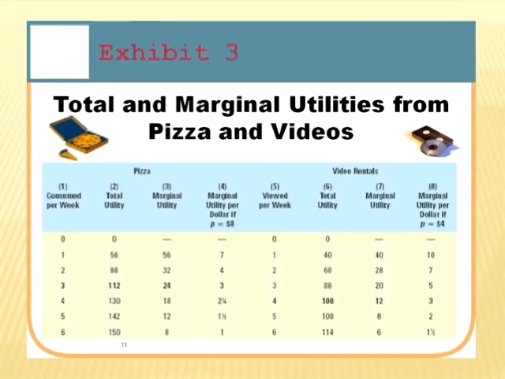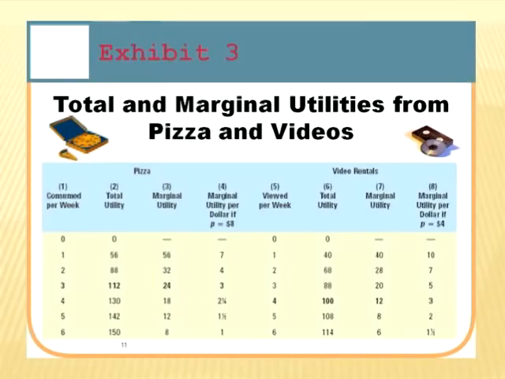So the first thing we'd buy is one video, and then we would buy one pizza and one video, and then we would buy an additional video, and we would continue with this process. That is, we would compare how much we are going to enjoy this per dollar until we exhausted all of our money. And if we do that, what we'll determine is that for $40 we'll buy 3 pizzas and 4 videos, and that will exhaust our $40 and give us what we need in order to have the party.